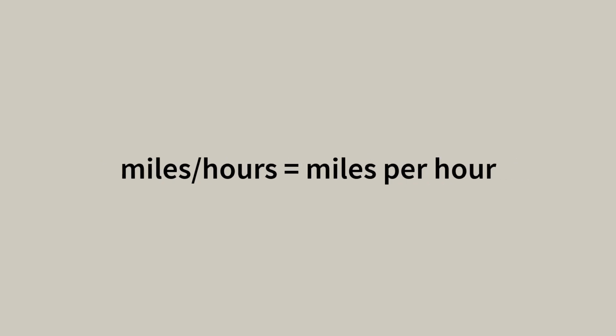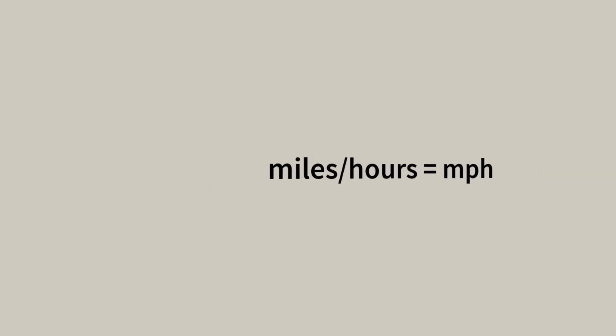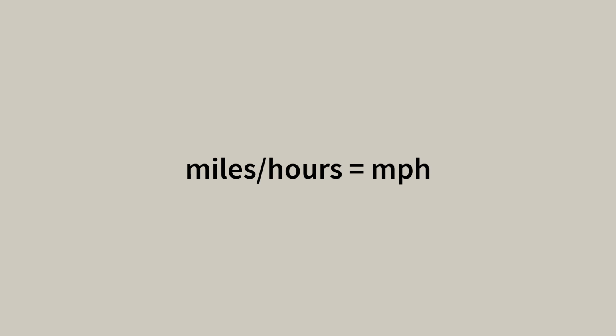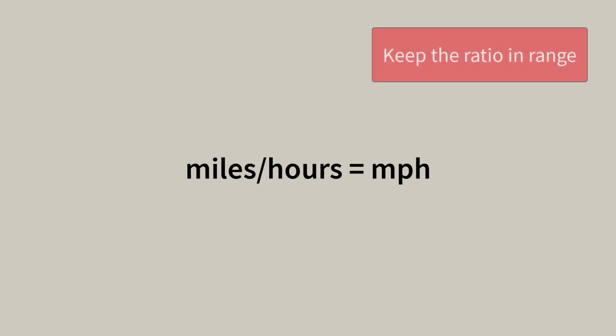For example, when driving in a car, we constantly look at the speedometer. The speedometer is actually a ratio that we monitor known as miles per hour. In business, we monitor many ratios simultaneously. The goal is to keep the ratios within a desired range, never to maximize or minimize, but to keep them